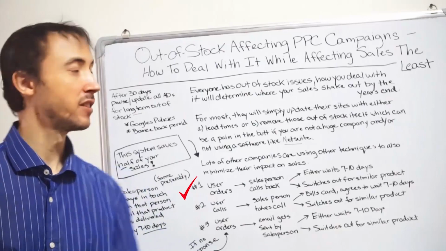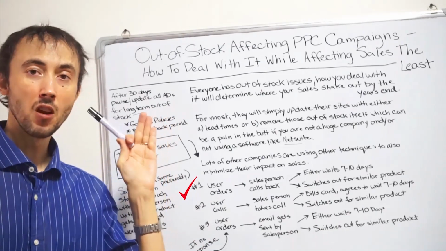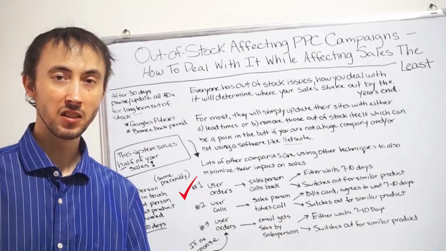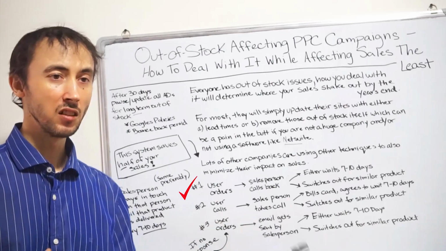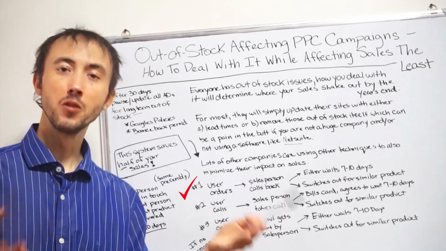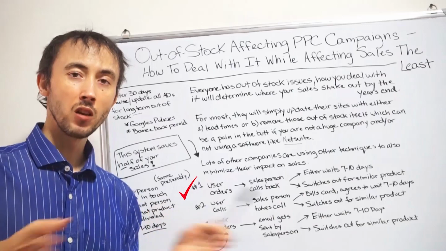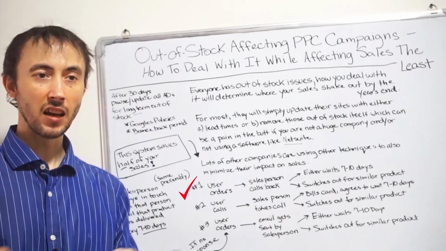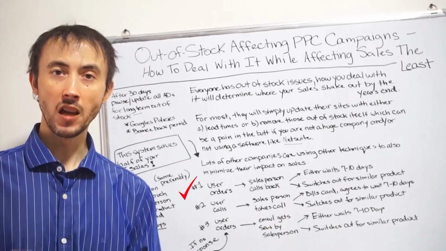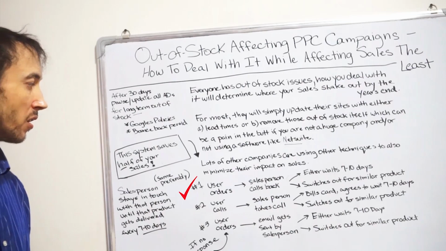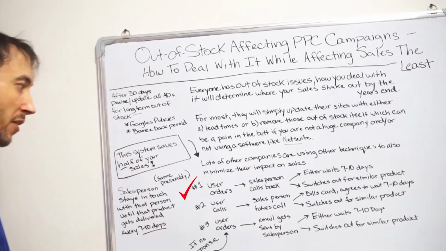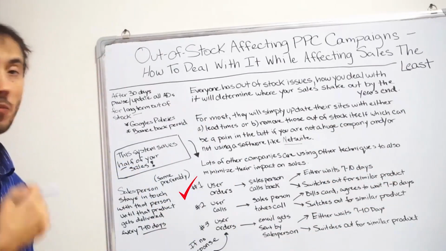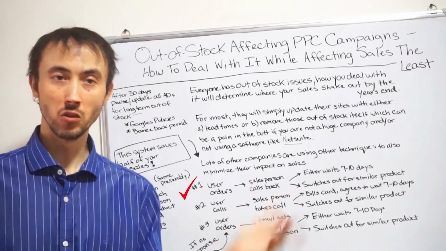You could send them this video by itself, and if you're not going to be out of stock long term, this is how you handle it. You don't update your site right away. You just let your salesperson close the sale by cross-selling them or letting them know that it's out of stock, and then giving them a chance to wait or get a refund. If you have a good salesperson, you'll save half your sales that way, versus just going to the site directly and putting out of stock, that's it. So it's up to you: do you want the pain, or do you want the sales? You choose.